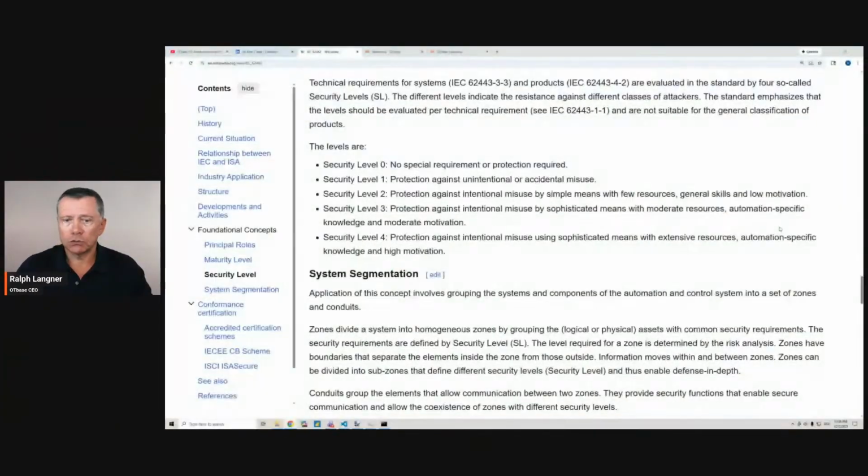So let's go back to Wikipedia here. High motivation is level 4, moderate motivation puts you at level 3, and low motivation at level 2. Meaning, they would probably do some opportunistic stuff, but they don't go all in. And so I think that's